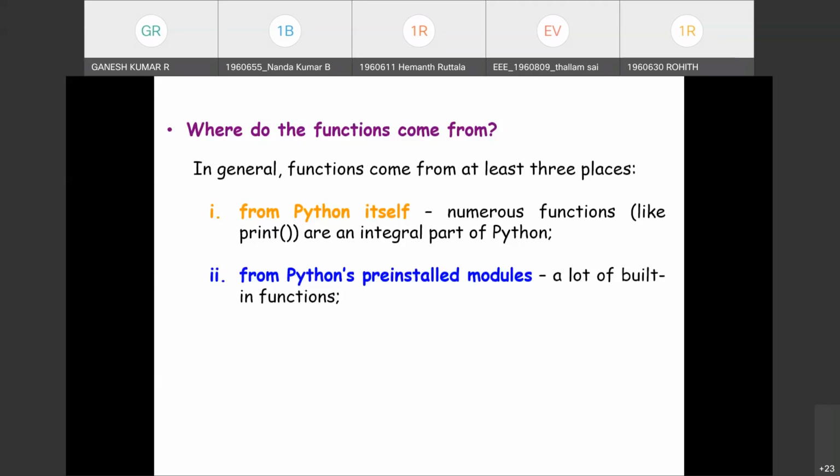Number two, pre-installed modules. A lot of very useful functions, but used significantly less often than the built-in ones, are available in a number of modules installed together with Python. The use of these functions requires some additional steps from the programmer in order to make them fully accessible.